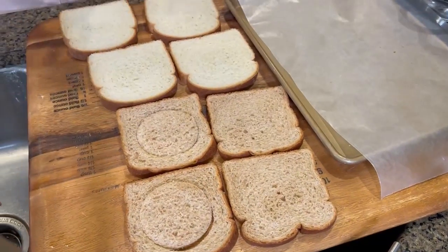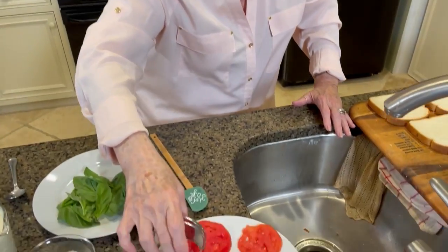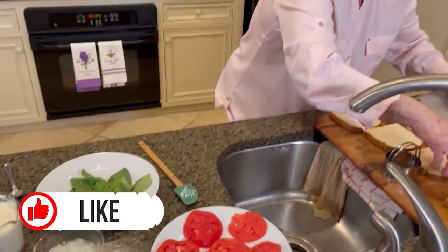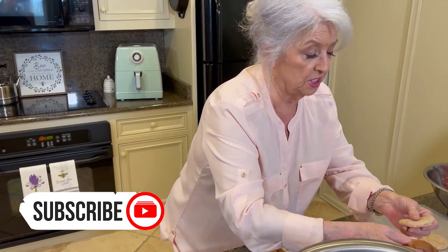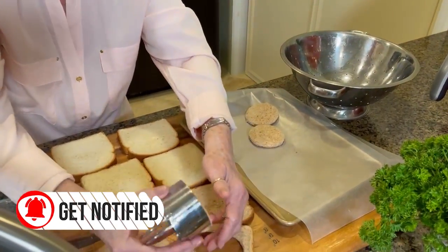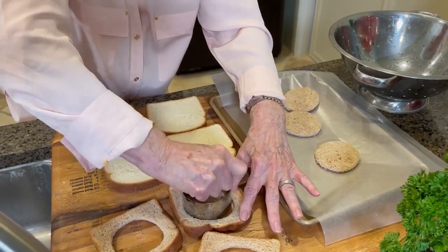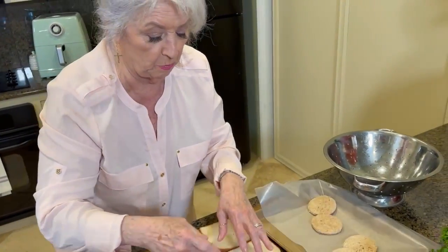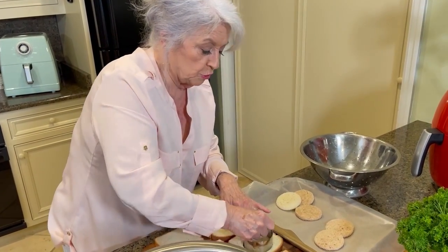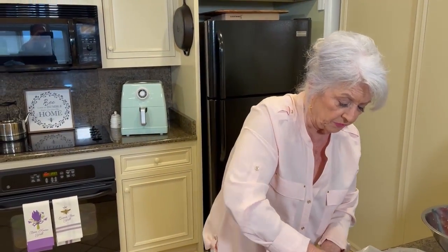The important thing that you want to do is make sure your biscuit cutter matches the size of your tomatoes. So I'm gonna use this size for my cutter, and I like for you to see a little bit of tomato, so I'd rather the tomato be a little bigger. And one side is gonna be wheat, and one side is gonna be white. And all your scraps,